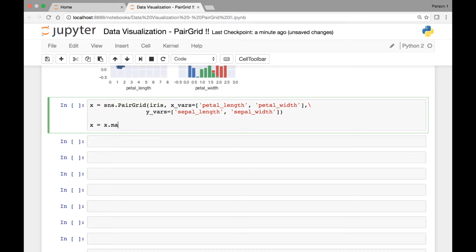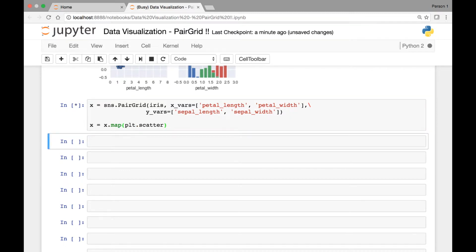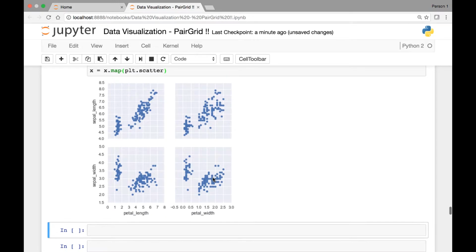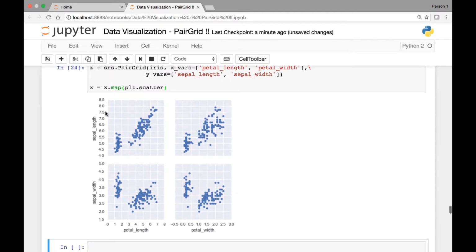And let's map this to our matplotlib's scatter plot and run it. Now we have sepal length and sepal width as our y variable and petal length and petal width as our